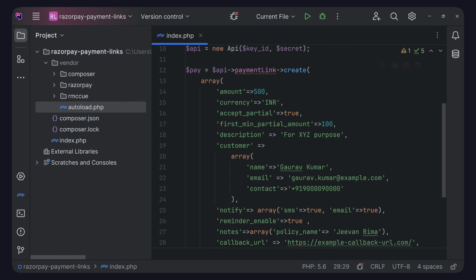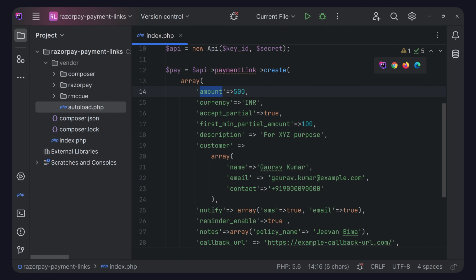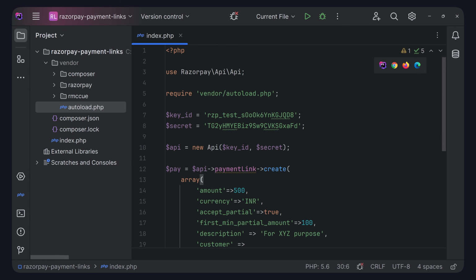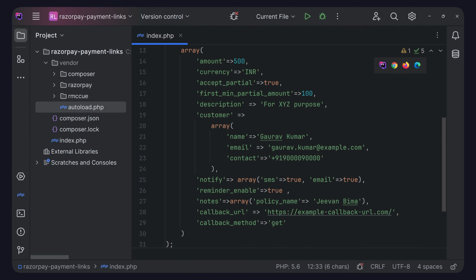So now I have arranged the array properly, so you can view this properly. And here we can see we are passing the amount. Inside the create, we are passing this as an array. It's a single array. You can see we are starting here and ending here. Okay, we are passing a single array to the create function, and you can pass the amount, currency, and the